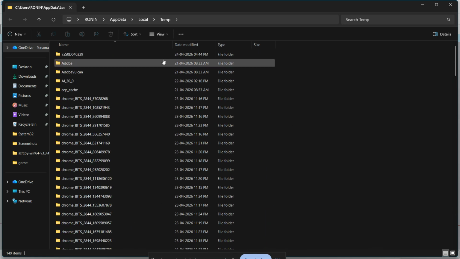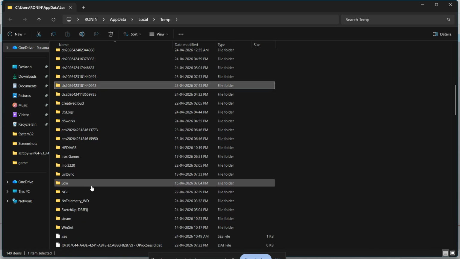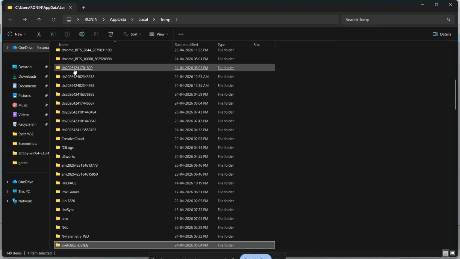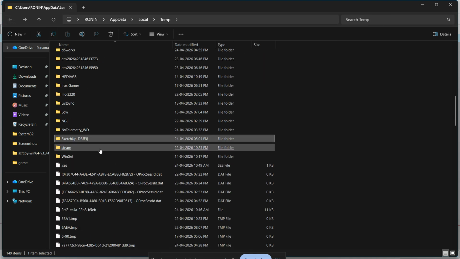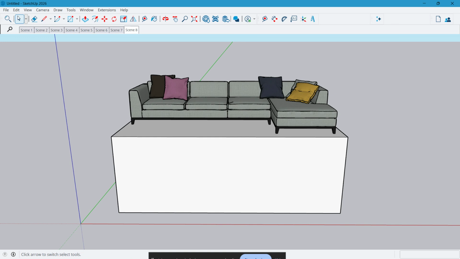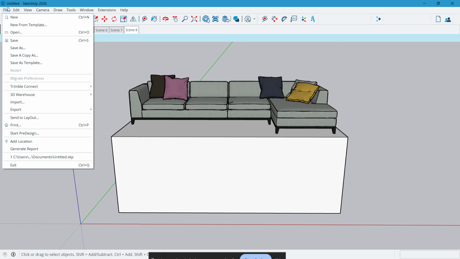As you can see, SketchUp gives you several layers of protection, and the key is to check them in the right order. Start with the recovery prompt, then check the working folder, then look for the .skb backup, and finally search your temporary files. That method gives you the best chance of getting your project back with the least amount